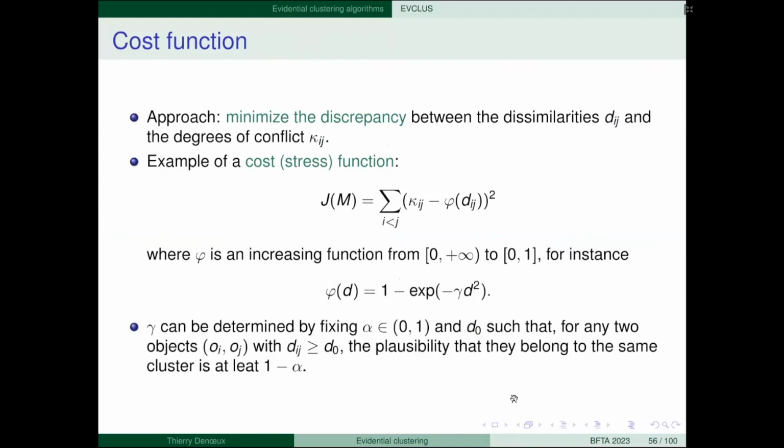So you start with a matrix of dissimilarities, and you try to find a representation of the data in some Euclidean space such that the Euclidean distance between any two vectors matches the dissimilarity. Here it is the same idea, except that instead of searching for vectors in Euclidean space, we search for mass functions. And instead of the Euclidean distance, we have a degree of conflict.